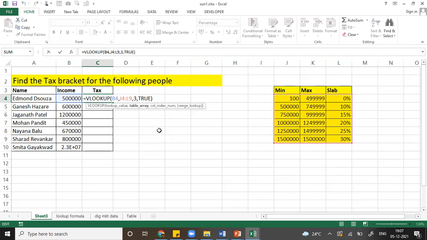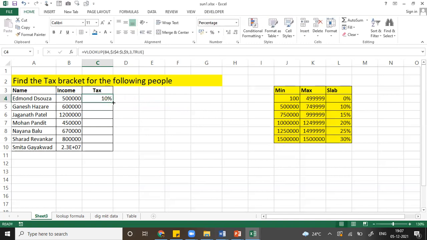If any approximate value is there between that, it will pick it and give it to me. When you write this, remember that the table value should be made constant. I'll again use the $ signs: $J$4:$L$9. I've done this correction and pressed enter. I got 10%.